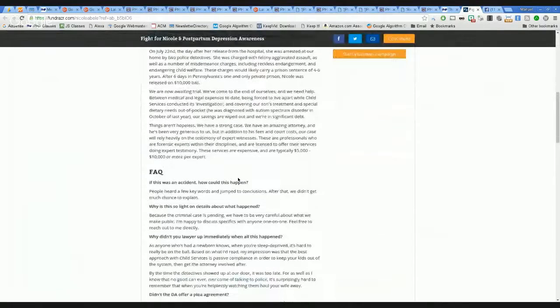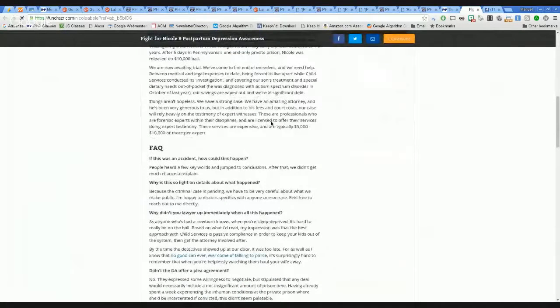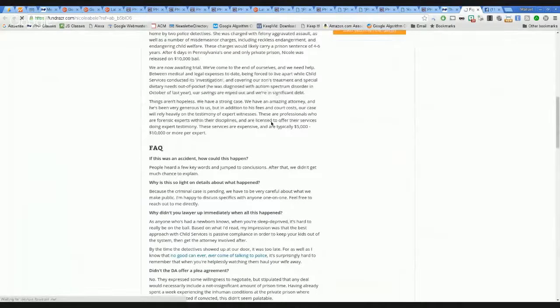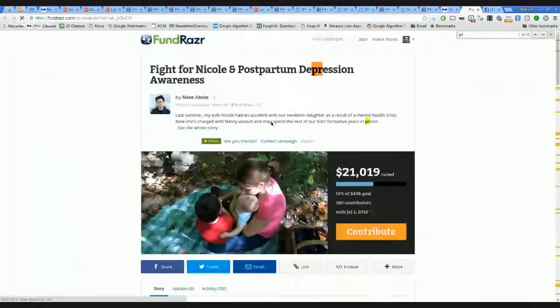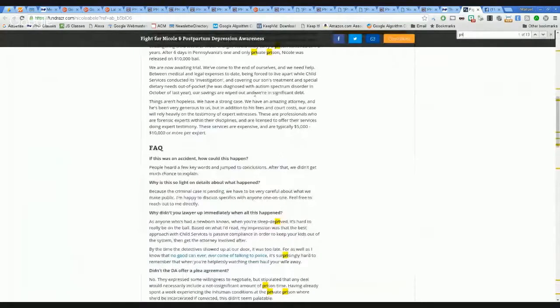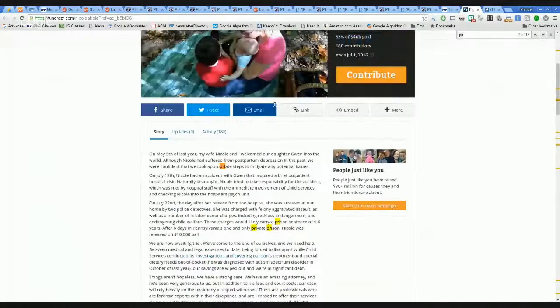And I think somewhere over here, Nate mentions that private prisons are really tough for people. I don't know what happens inside.